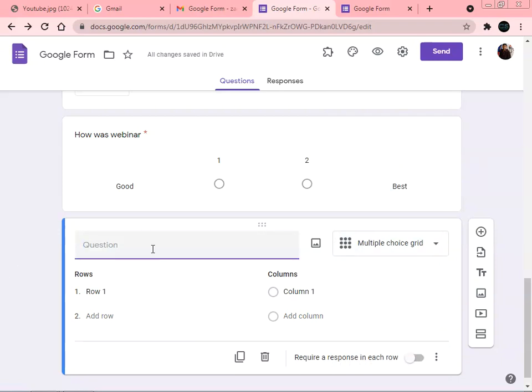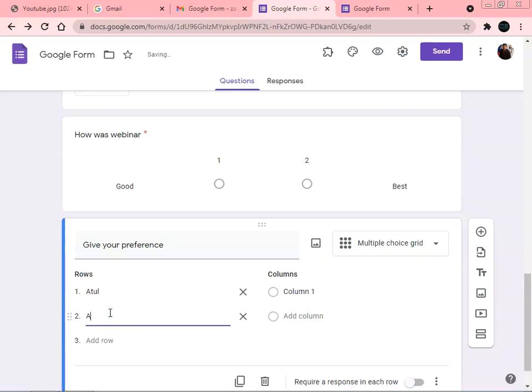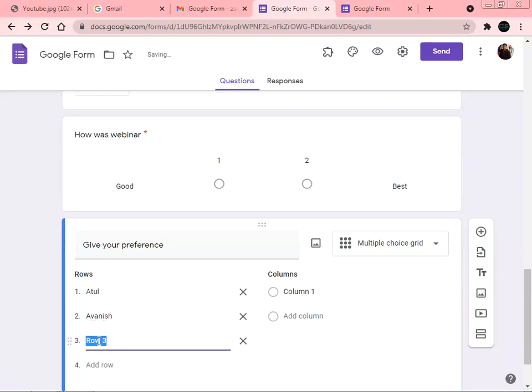So we can give your preference. In the row type we will write the names of the teachers. For example, we are giving Atul, the second one is Avnish, and the third one we are writing as Ojas.